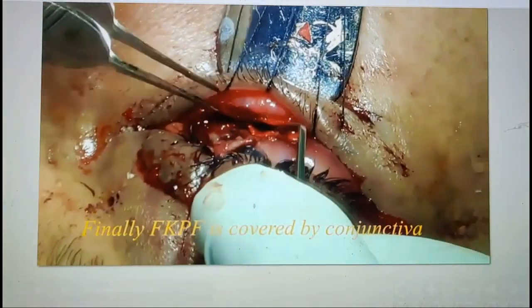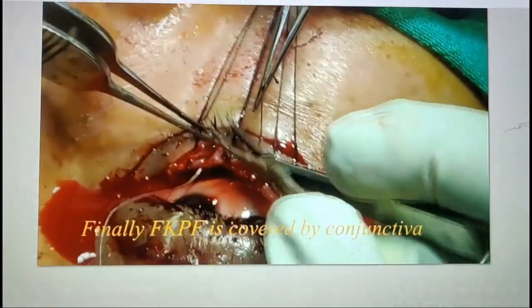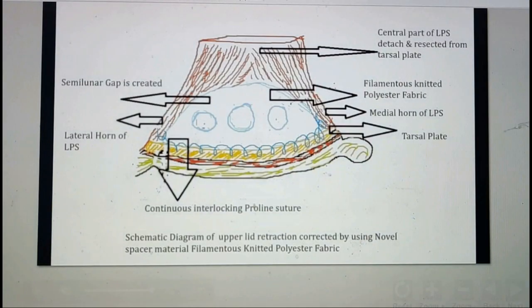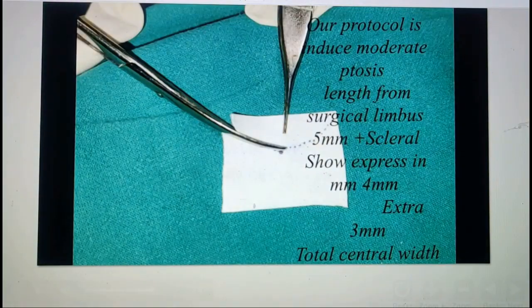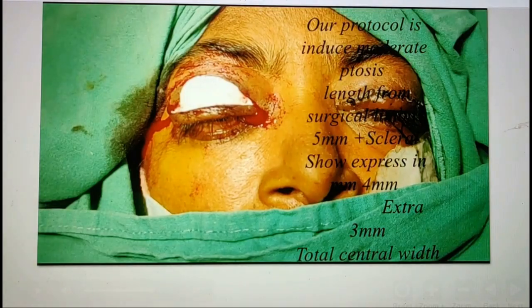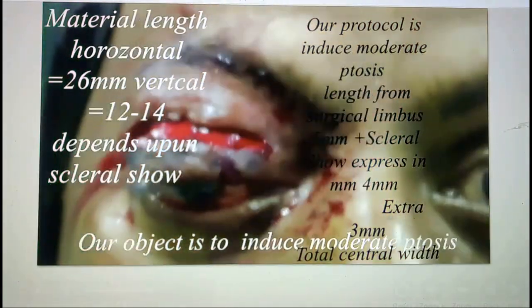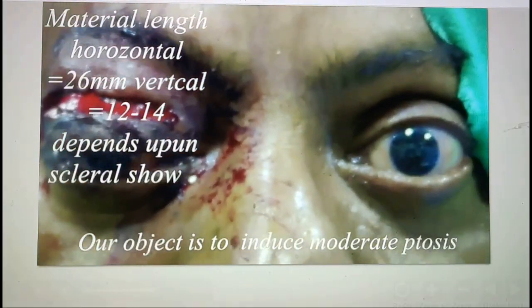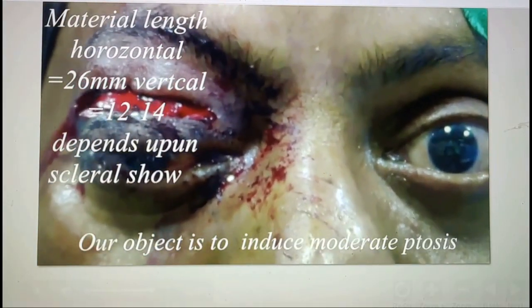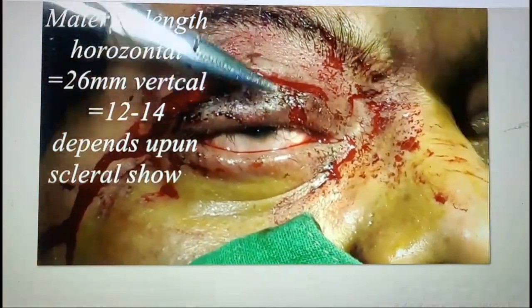Our protocol is to induce a moderate dose of recession. To achieve a moderate dose, the length measured from the surgical limbus is 5 mm and scleral show, suppose, 4 mm, plus an extra 3 mm. The total length of the semilunar space is 26 mm horizontally, and the vertical or central width is 12 to 14 mm. The objective is a moderate dose